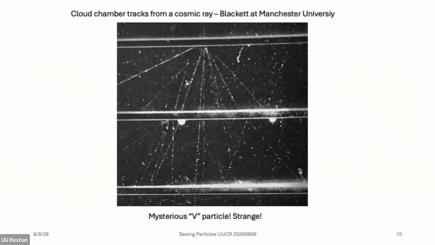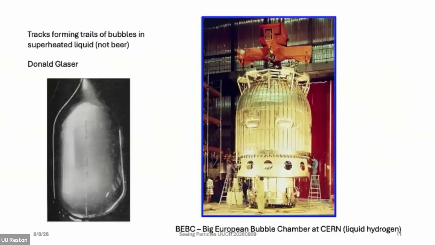But he put these cloud chambers in a big, powerful magnet, and that would bend the tracks through the magnetic field, and you could measure their speed or momentum and their charge that way. So in this picture, you may be able to see a V on the top right, at like 7 or 8 o'clock. You see a neutral particle coming in, going to 2 charged particles. That was a discovery of a new type of particle that was strange because it was produced strongly and decayed weakly. Before I go on to that, the cloud chamber was good, but it's not very dense,